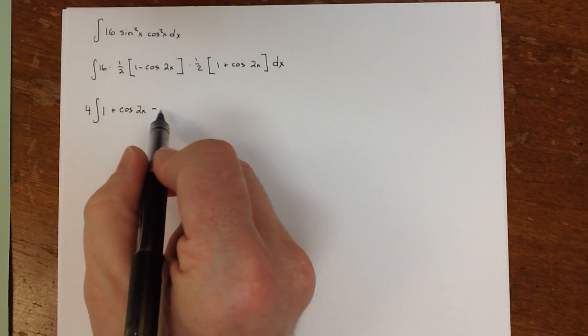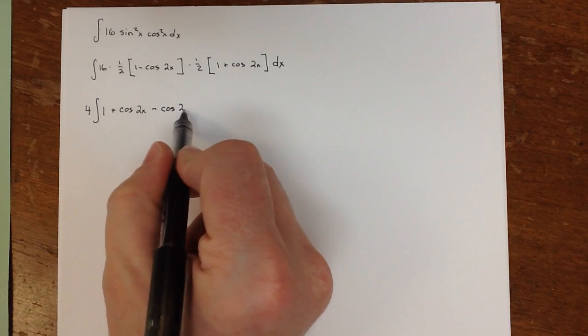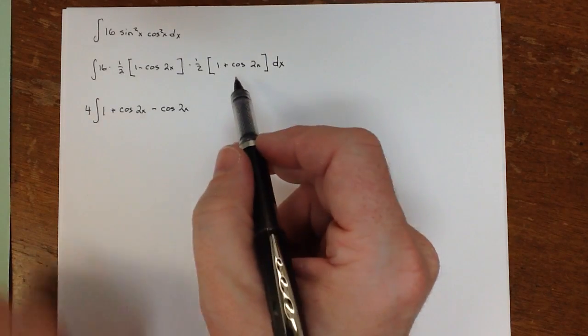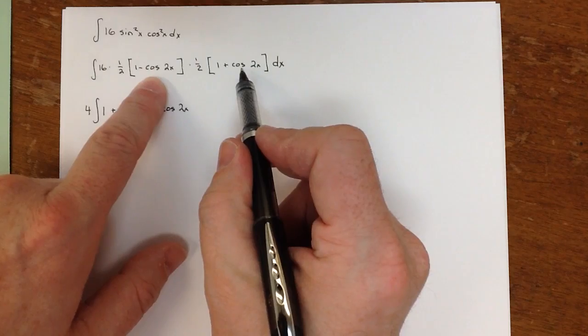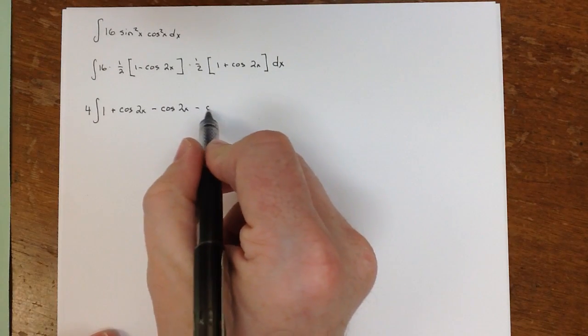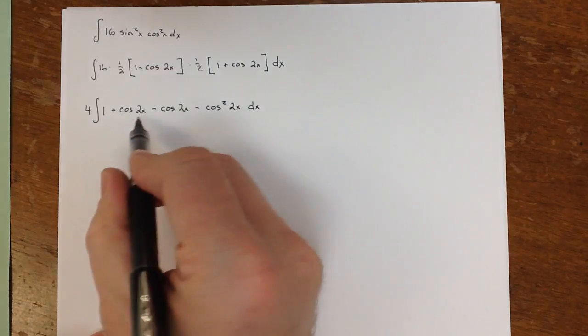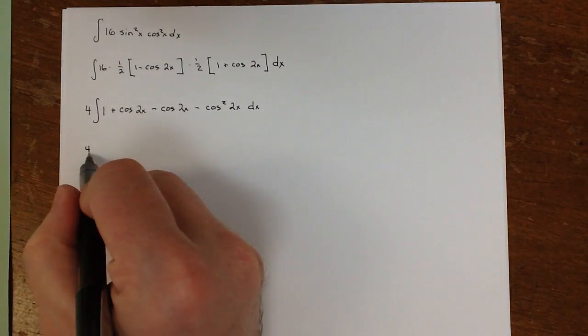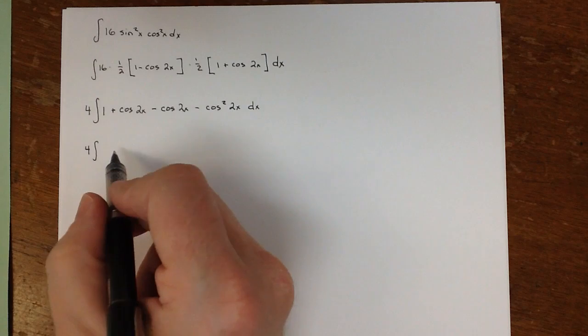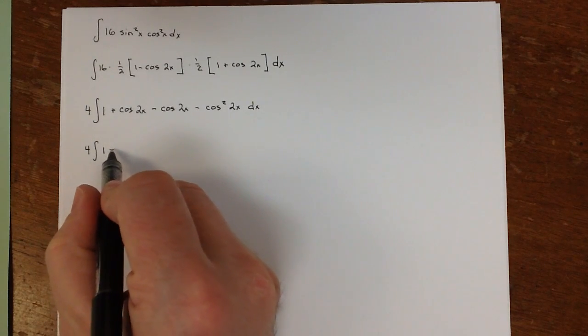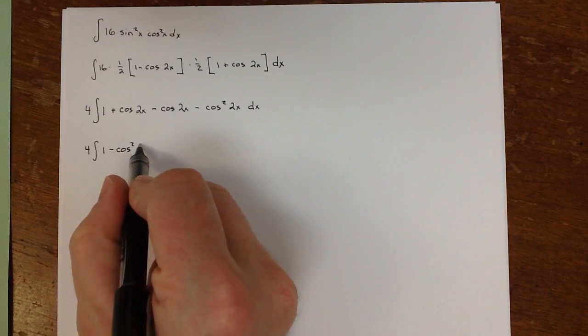Then minus cosine 2x. And then when I multiply these two together, I get minus cosine squared 2x. Of course, these two terms in the middle cancel. So we've got 4 times the integral of 1 minus cosine squared 2x